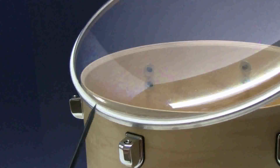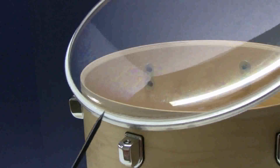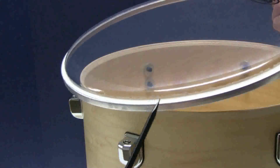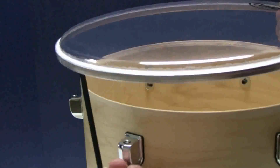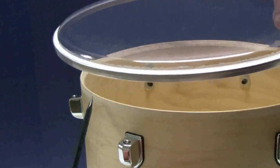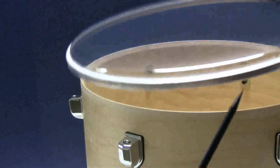This white ring at the edge of the drum head is the manufacturing epoxy that holds the drum head in place in the metal ring. Not all drum heads have it, but most do. This is the collar of the drum head that makes contact with the bearing edge. This is the bearing edge, and when the drum head is tightened, the epoxy will naturally crackle as it pulls